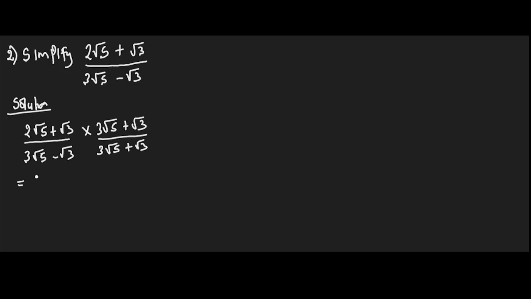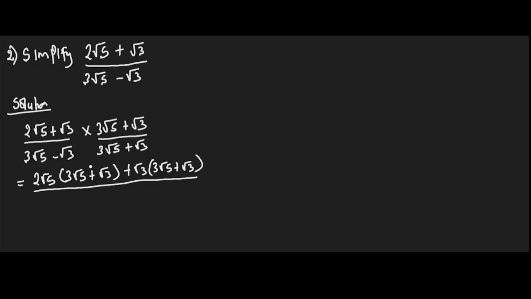We are now going to have 2 root 5 bracket 3 root 5 plus root 3, we expand, plus root 3 bracket 3 root 5 plus root 3 all over,